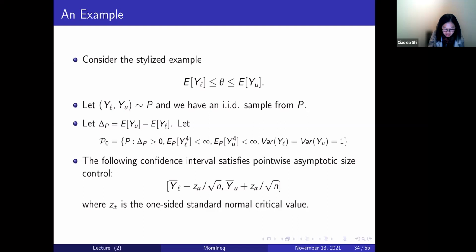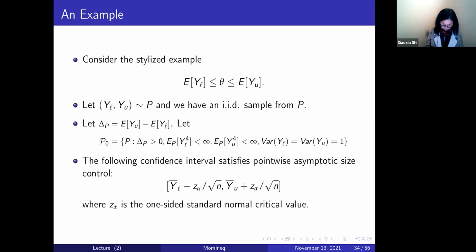Then the following confidence interval will satisfy pointwise asymptotic size control. You can add a one-sided normal critical value divided by root n to the estimator for the upper bound variable, a sample mean of the upper bound variable, and subtract the same thing from the sample mean of the lower bound variable. Then this confidence interval has pointwise size control. So that means probability